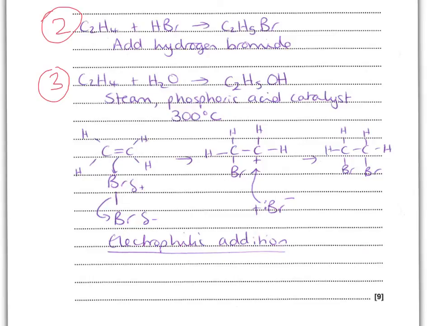And then the mechanism itself, well, we need relevant dipoles on the bromine molecule. So because of repulsion by the pair of electrons in the carbon-carbon double bond, the pair of electrons in the bromine to bromine bond is repelled towards this bromine atom. So this is our delta minus bromine, this is our delta plus. Our first mark on the mechanism is for a curly arrow from the middle of the double bond on the carbon-carbon part to the delta positive bromine. The second mark is for the dipole being shown and the curly arrow breaking that bromine-bromine bond